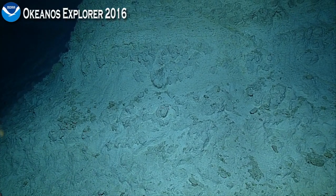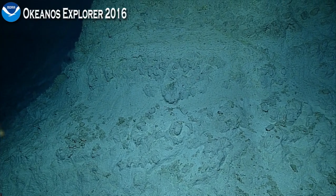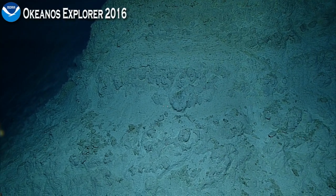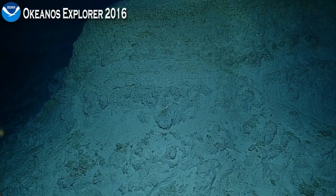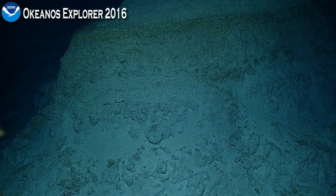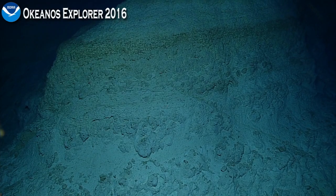4,833 meters. Very steep. And really another steep fall, going from definitely upper left to lower right. And let's see if we can see any offset. If there's offset, it is very slight. It looks like the layer of large rubble behind it on the right-hand side is a little bit lower, like maybe